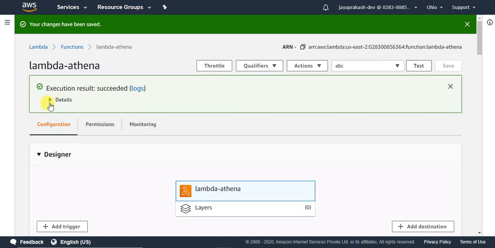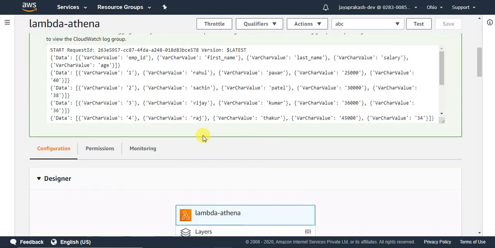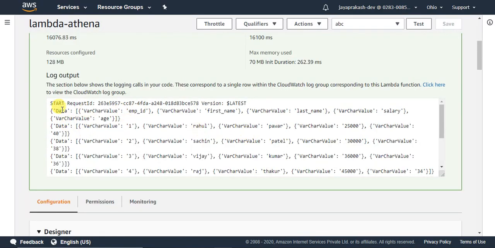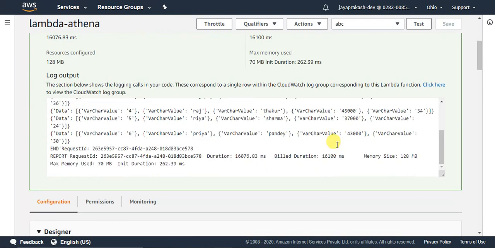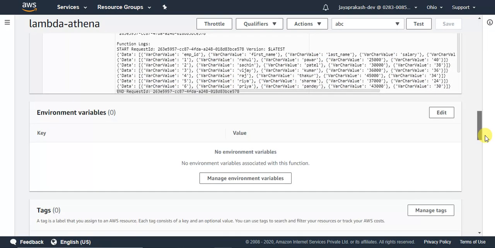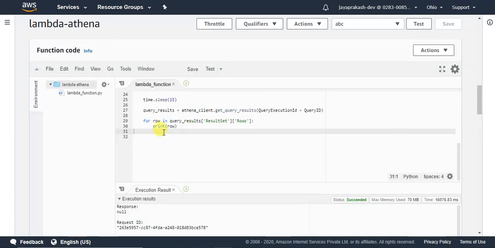Okay, so our Lambda function has executed successfully. If you want to see the logs, you can click here in the details. If you see here, you can see the results printed out in the console. It shows the value of each column, and you can see the data type, everything here. So these are the results that we got from our query. If you want, you can add code here to save these results to an S3 bucket, if you are using the results for some other analysis. You can just add code to save those results in any particular S3 bucket you need.